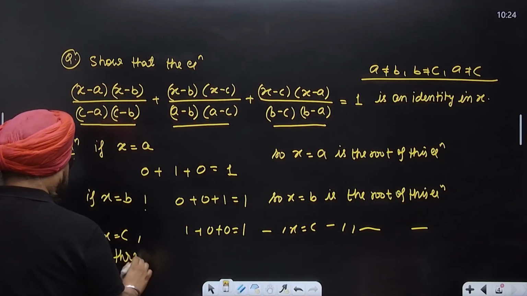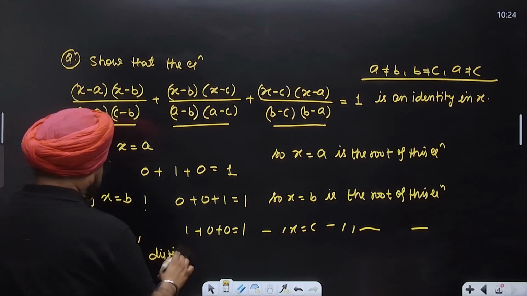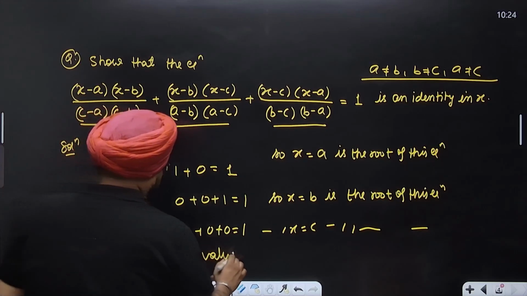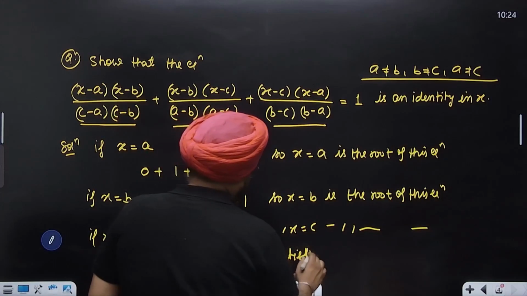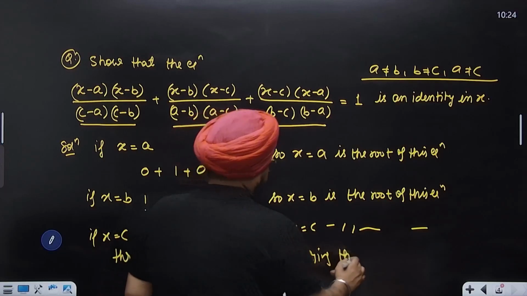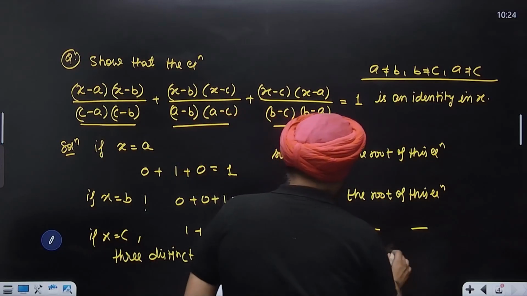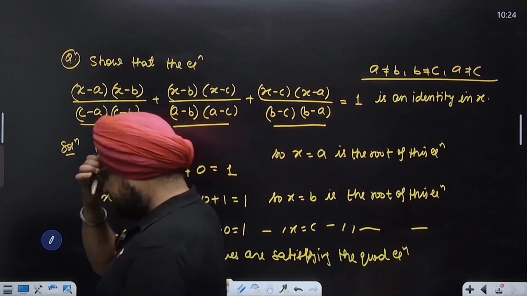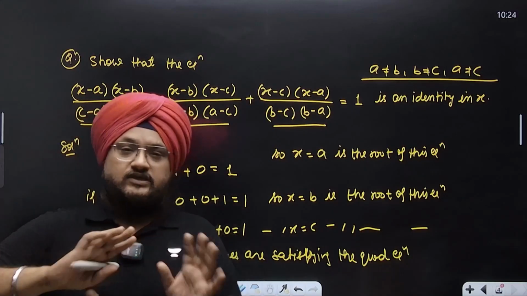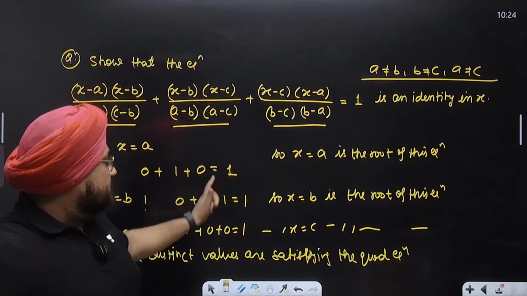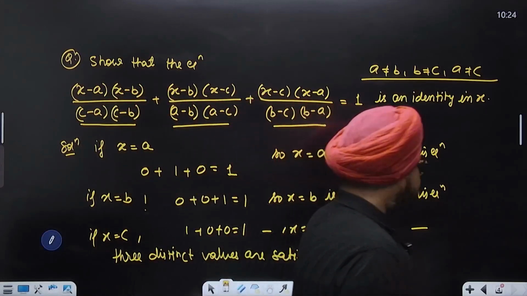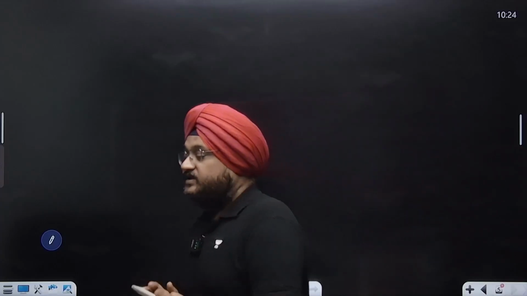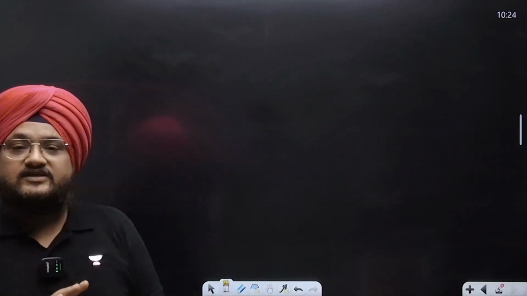Three distinct values are satisfying the equation, hence we can say that it is an identity. It is sufficient to show that if a quadratic equation is satisfied by three distinct values of x, then it will be an identity. Okay. So till now we have covered the concept of what is the difference between an equation